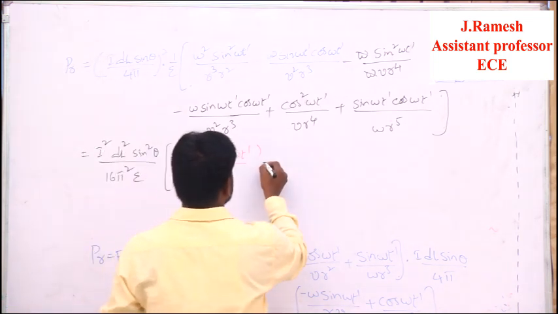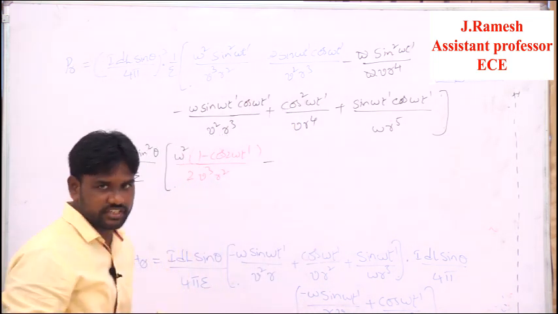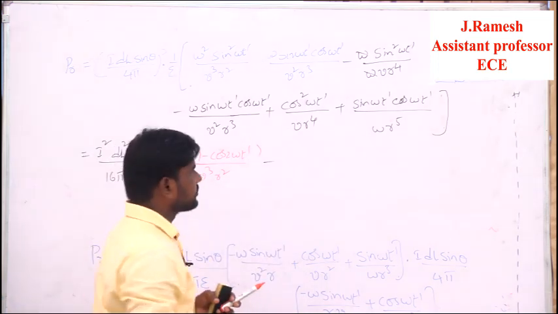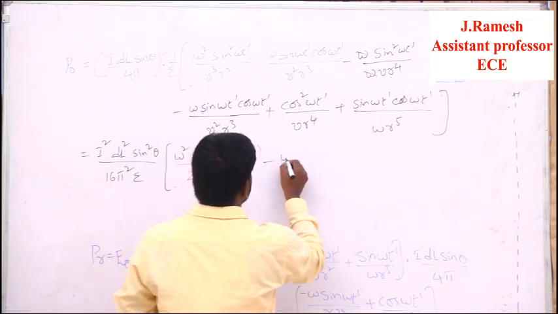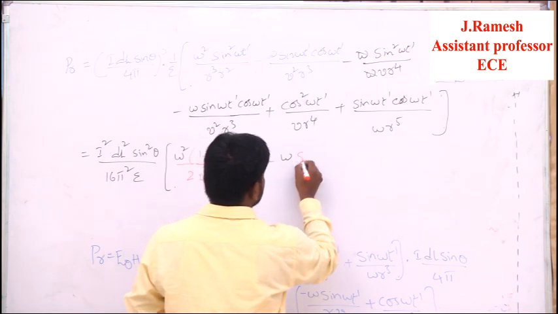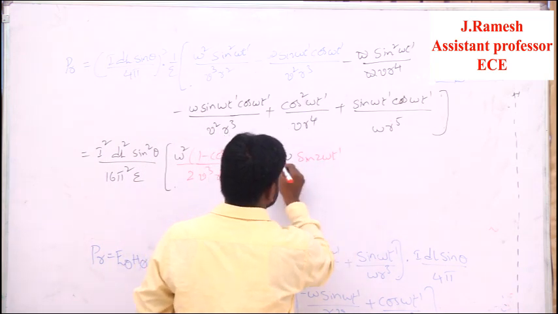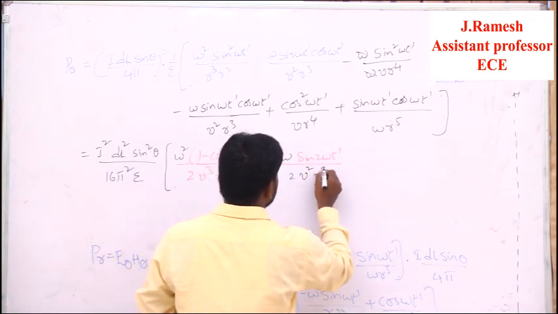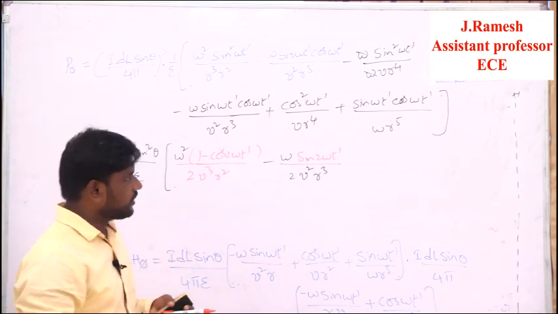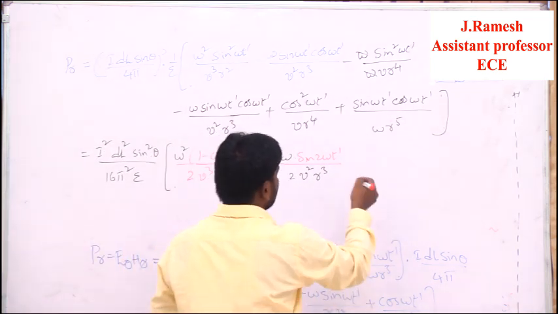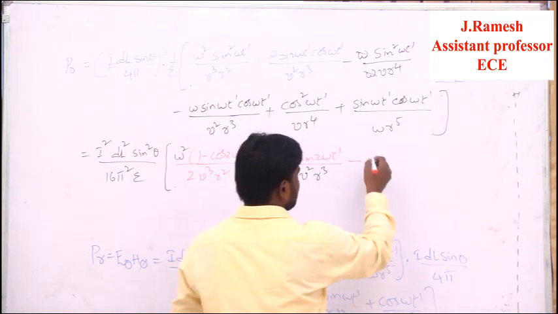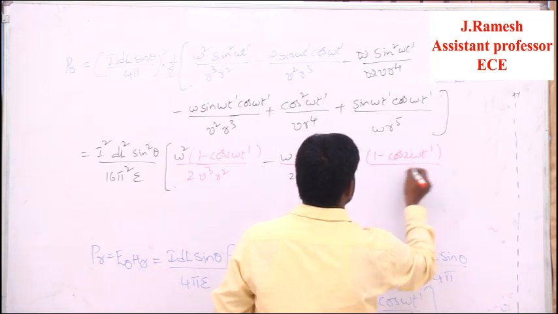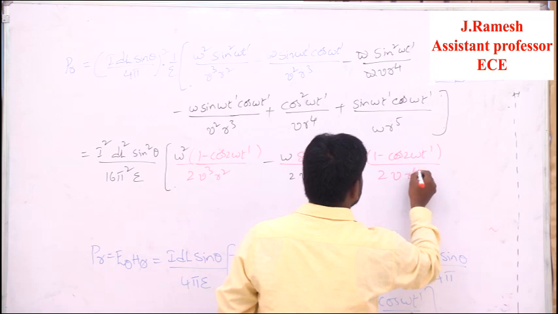Now again I have the other thing, omega into sine theta cos theta. I make this as 2 sine theta cos theta, so into 2 and by 2 I am doing. So how I got this is omega into, in place of this I can write sine 2 omega t dash by, already 2 I did, 2 into v square into r cube. That is the second term. If you go for the third term, sine square again, I know that minus of sine square I can write 1 minus cos 2 omega t dash by 2 into v into r to the power of 4.